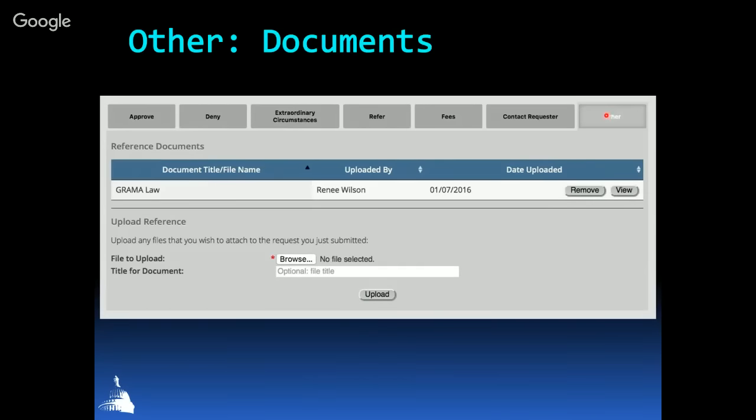The next thing under the other tab is the documents. You can upload documents here. If a user uploads documents, this is where they will come to. And we're working on making this hopefully appear a little more visibly, but the documents are here. You can upload. Actually, I haven't tested how many you can upload, so I don't want to say you can upload as many as you want, but you can upload files here.